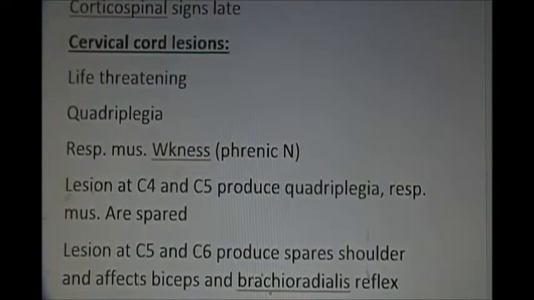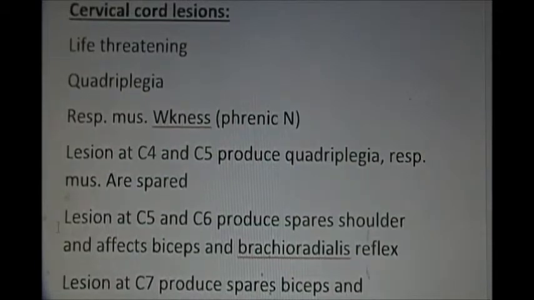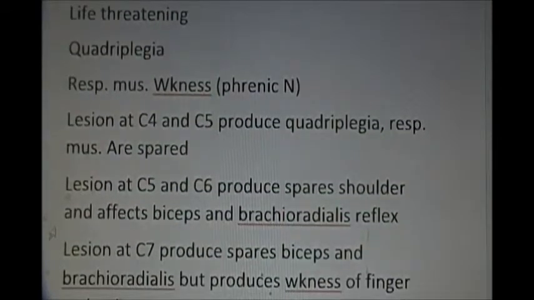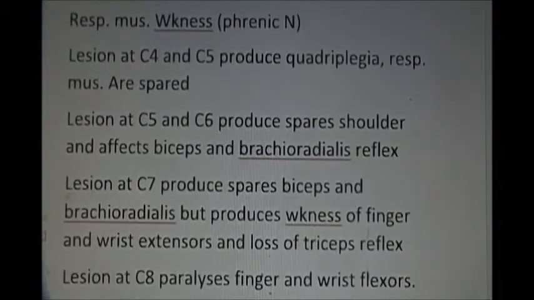The cervical cord lesions. The outcome of cervical cord lesion depends on the level of cervical cord which is involved. But if it involves the upper cervical or medullary region, it's life-threatening and it may cause quadriplegia. Because of the phrenic nerve involvement, which supplies the diaphragm, there is respiratory muscle weakness. The lesion at cervical 4 and 5 produces quadriplegia, and respiratory muscles are spared in that. But the lesion at cervical 5 and 6